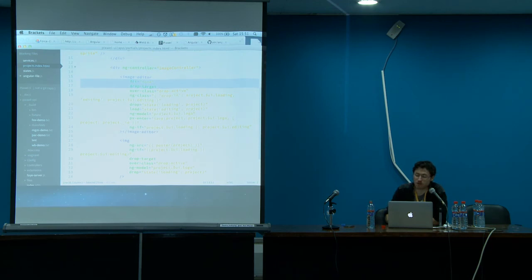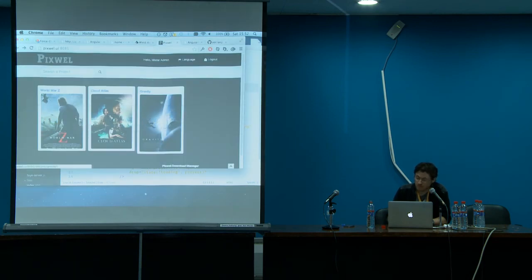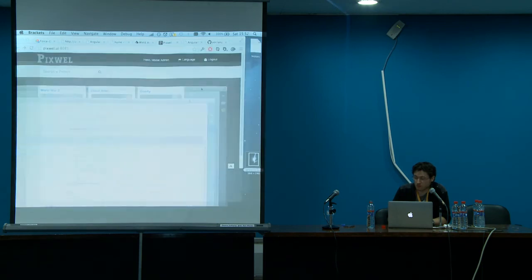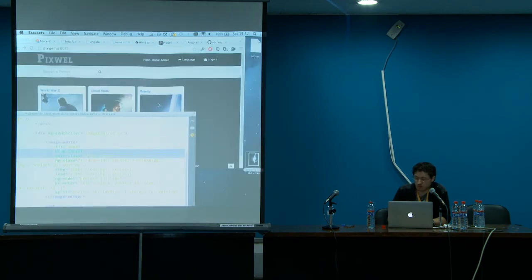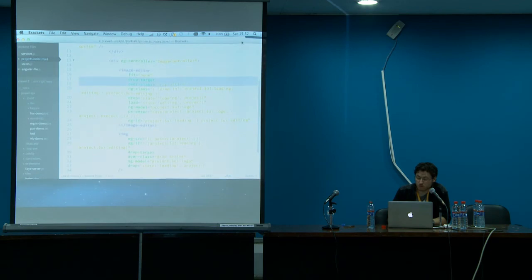So for example, if the dimensions of the image don't match the dimensions of the canvas, I can tell it, I think, fit auto. But I actually don't want that. I just want to be able to scale it manually, so I have it set to fit none. And then I also have all of the file drop management directives on that as well, so that if I do something I don't like or I just want to pick a different image, I can just go drop that on again and it'll reload.